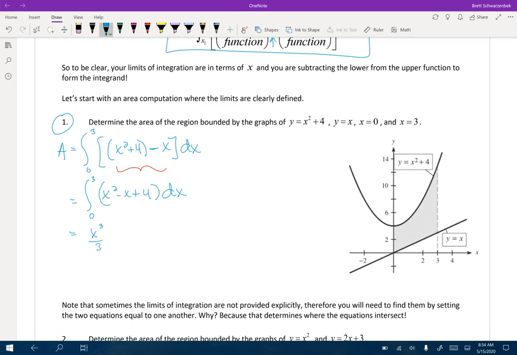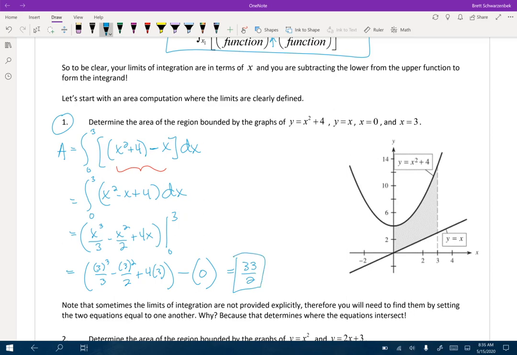Antiderivative: x cubed over 3, x squared over 2, plus 4x, all evaluated from 0 to 3, no change of limits or anything like that. We then just have to substitute 3 and 0 into these. So we're going to get 3 cubed over 3 minus 3 squared over 2 plus 4 times 3. And then that's going to be minus, if you plug 0 in real quick into all of these, it clearly is going to be minus 0. If you do the math, you're going to get 33 halves as your result, and therefore the area between the